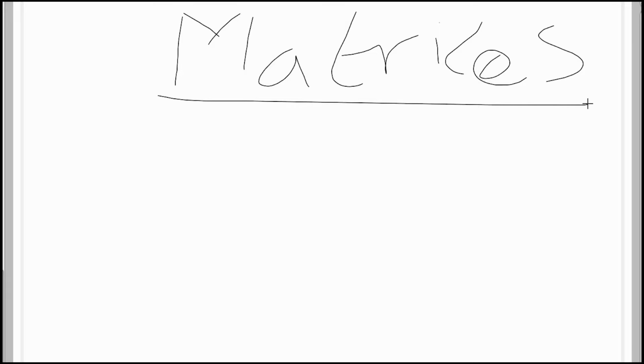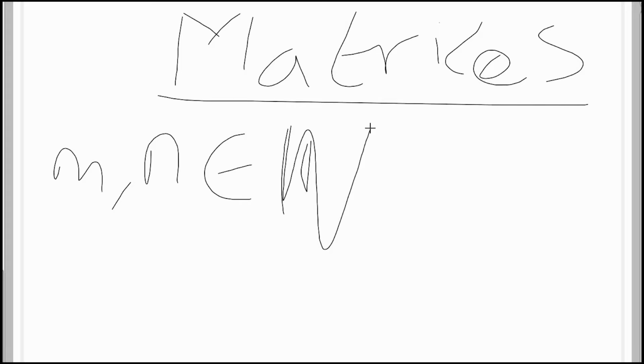Before we discuss some of these interesting topics, let's first define what a matrix is and what kind of operation we can do with matrices. So matrix basically, matrix is, let's say, m, n, element of natural numbers. That's the count numbers that we have. Then we can say matrix A is an m.n tuple of elements where A,